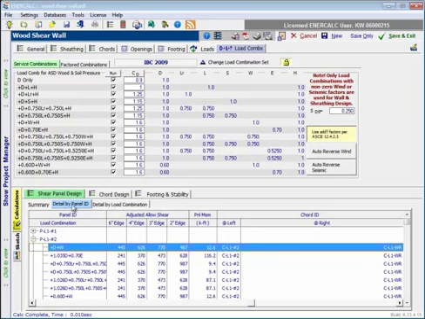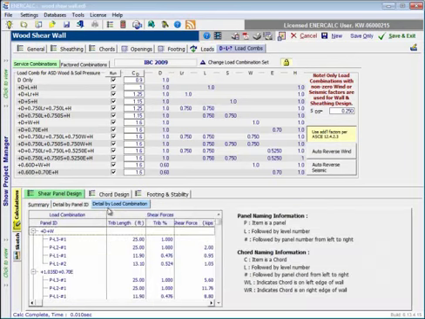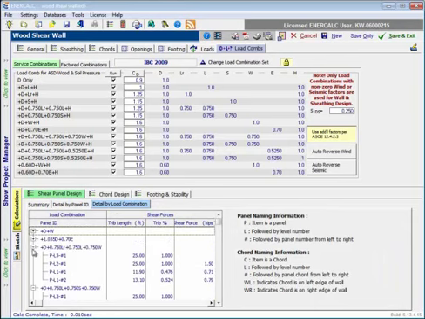So that is the panel, the detail by panel ID sub-tab of the shear panel design tab. The last one is called detail by load combination. So here, on a load combination by load combination basis, we report information for each of the panels, which includes that tributary length, which again is really another way of expressing the tributary percentage of the shear that goes to